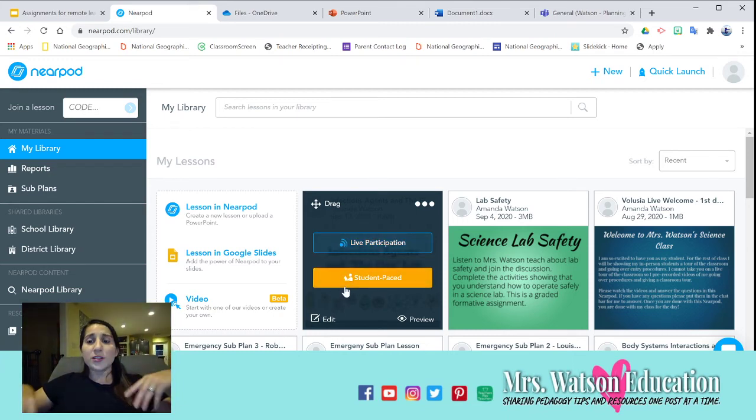Self-paced is where you send the Nearpod out and students are self-paced. They can click through the slides. It doesn't mean you can't be teaching at the same time and say, okay, you should all be on slide 1. Don't click forward until I say. You'd have to have trust for your students to do that. I have found, though, in the time constraints of a 48-minute period during COVID-19 where you have no idea all the questions that might come up and the things you're going to help out with, I found the self-paced is